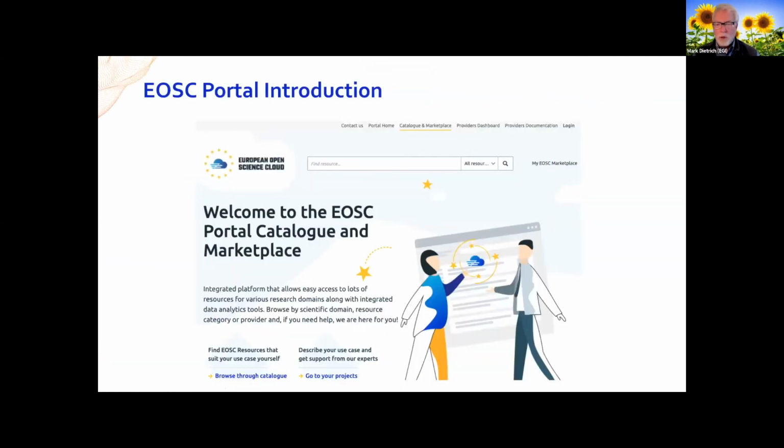So EOSC portal, what is it? Let's do a quick introduction. The public view of EOSC portal, when you go to the EOSC portal address. I don't know what the domain is, but I think folks know where the address is. This is what you see. And it's basically the user approach, the user avenue for getting access to the resources and skills and capabilities of